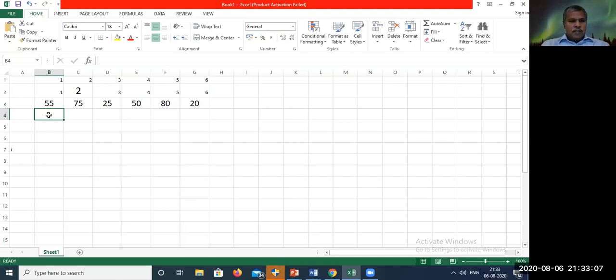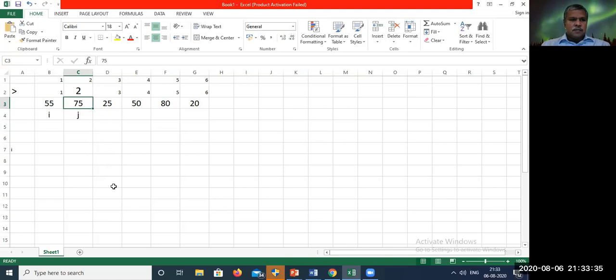First, I have to check the first element with the second element. I will take 55 as my first element, I, and the second element as J. I am going to check the condition: is the first element less than 75 or not?